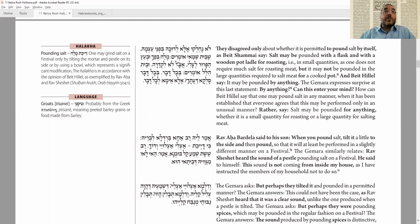And so Bet Shammai says you have to do it in a different way, using a vessel that's not made for grinding, and you can only do a little at a time. Bet Hillel says you can use anything. We asked to clarify. You can use anything. You can use a rock. Can use an iPhone. These are things that are muktzeh, and you're not allowed to use them even for grinding. Rather, not bechol davar, but lechol davar, you're allowed to grind salt for any amount of salt,